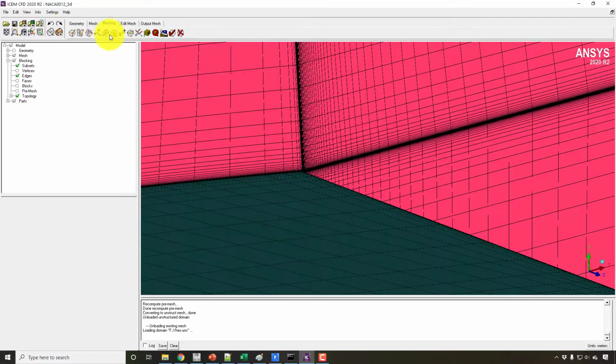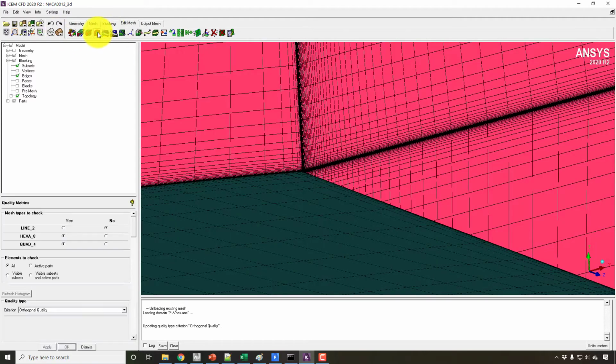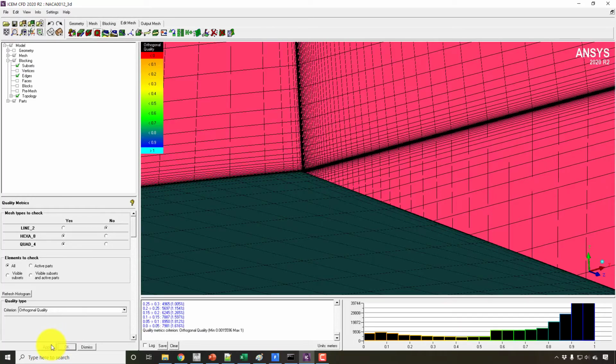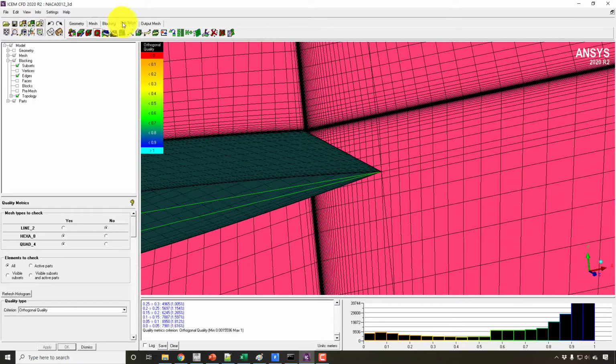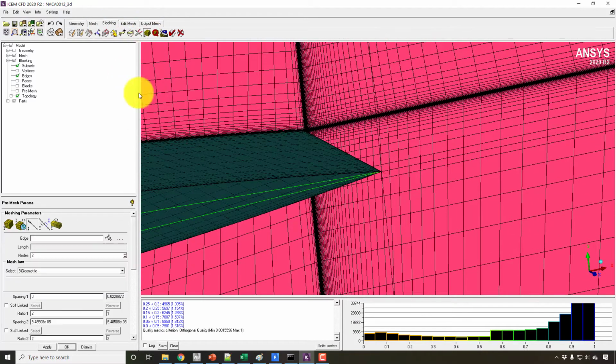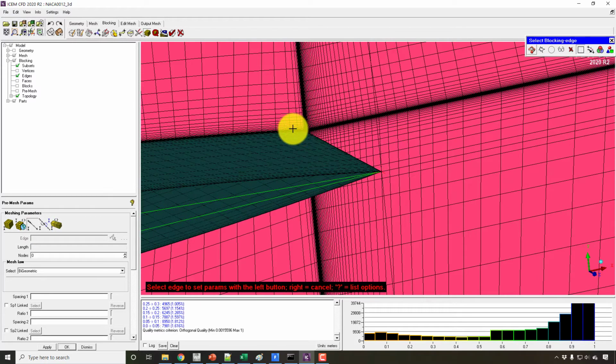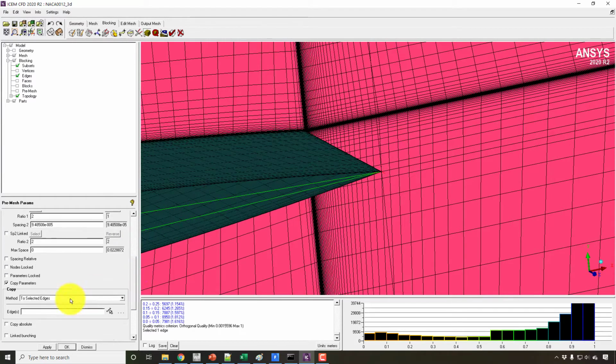Okay, and from edit mesh again I will check the mesh quality, and now you can see it's 0.001. So I think this is because the mesh size is only applied on one edge.